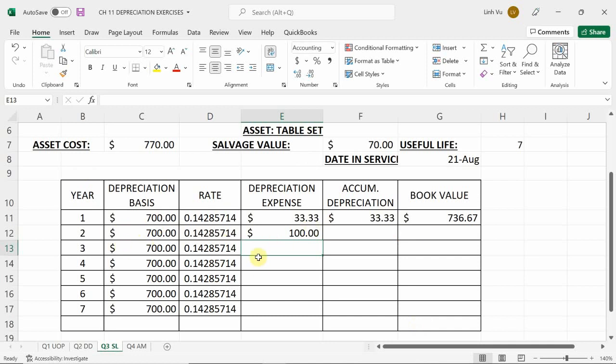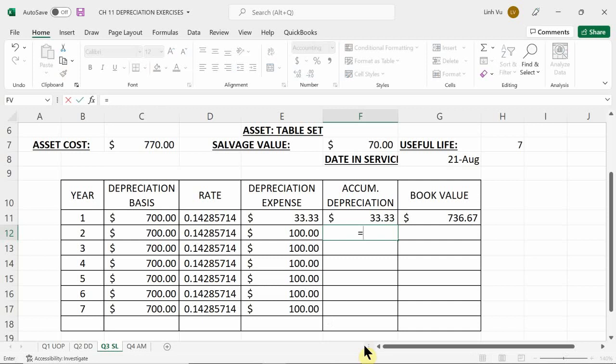So therefore, if this is for one whole year, every year it's going to be basis times rate, right? I have 700 times 14.28%, every single year. So what's going to happen for the next 6 years? It'll all be the same. Okay. So here, the only difference is my accumulated depreciation. So what's my second year's accumulated depreciation? 133.33. Good, which is going to bring my book value down to